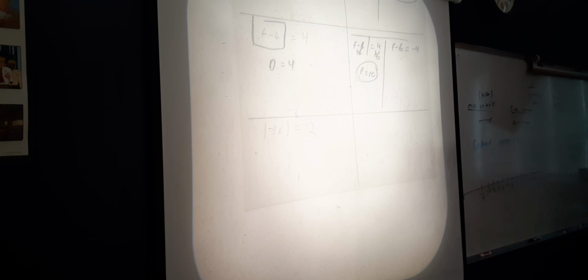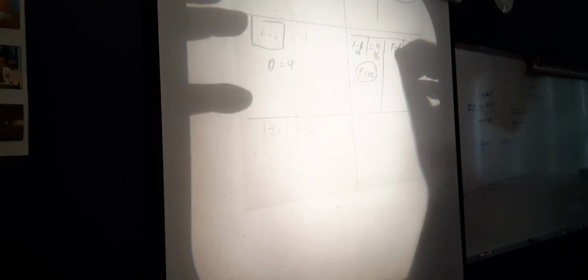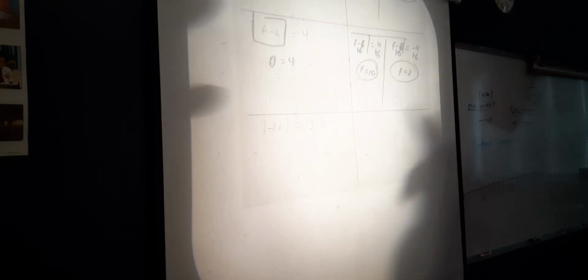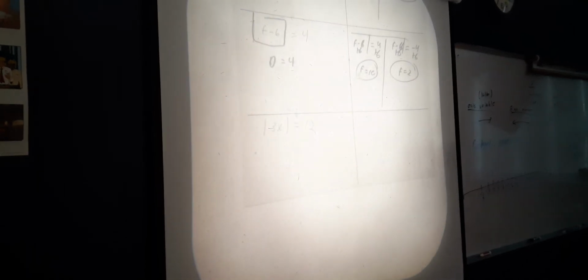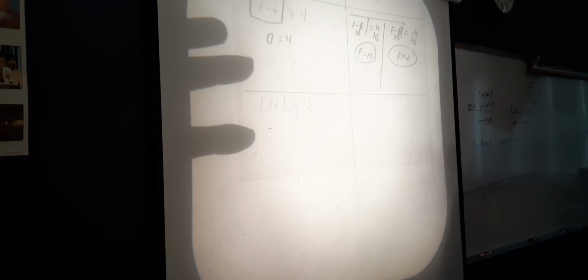Then on the other side, if I add 6 to both sides, same thing. Negative 4 plus 6 is 2. Now, if you take 2 minus 6, yes, you get negative 4, but then that results in an absolute value of 4. Okay? And then the last one I'm going to do on this page,